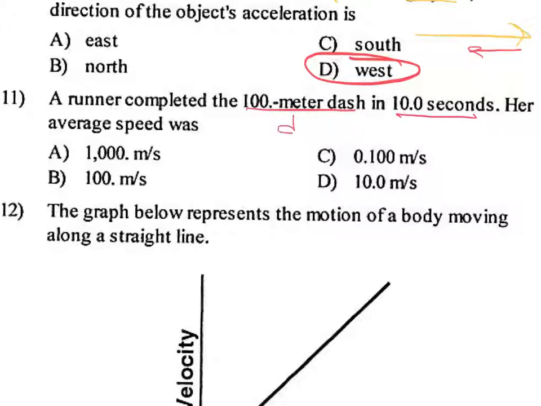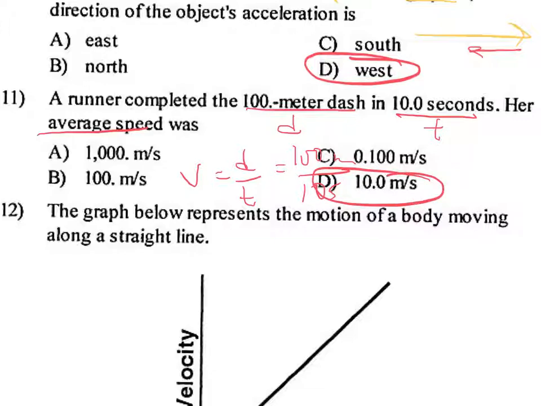So this is my distance, this is my time. I want to know what the speed is, so here's my formula. V is equal to D over T. And I'm going to put in 100 meters over 10 seconds, and I'm going to get 10 meters per second,